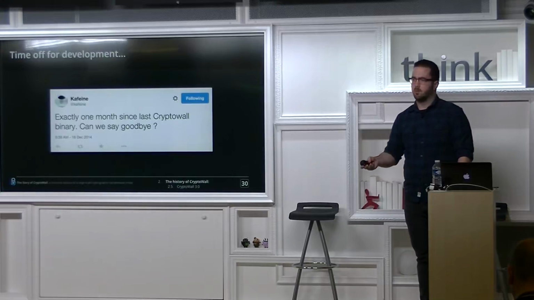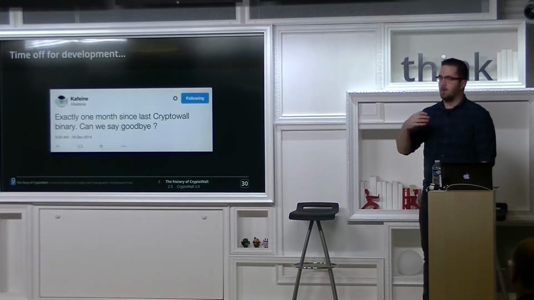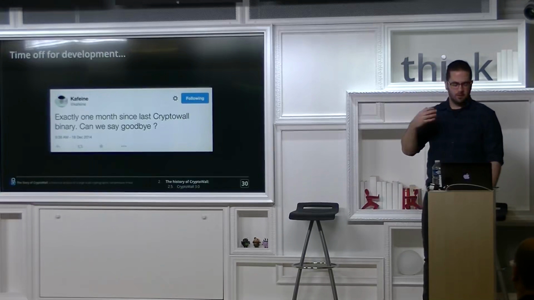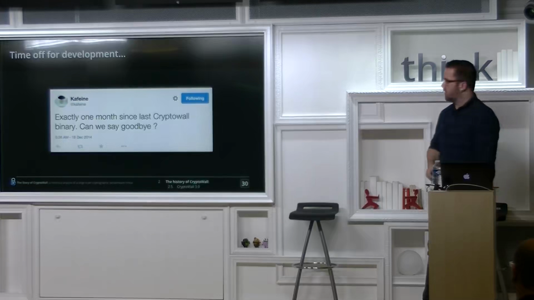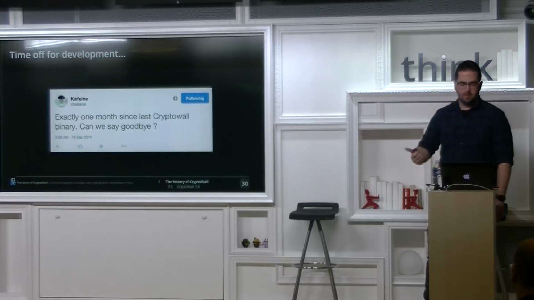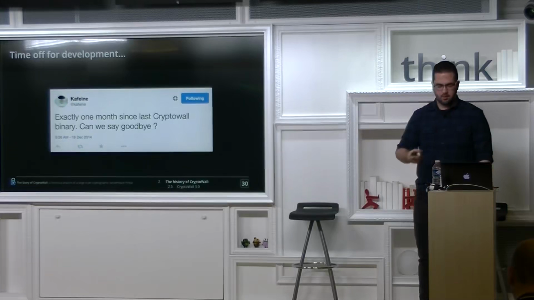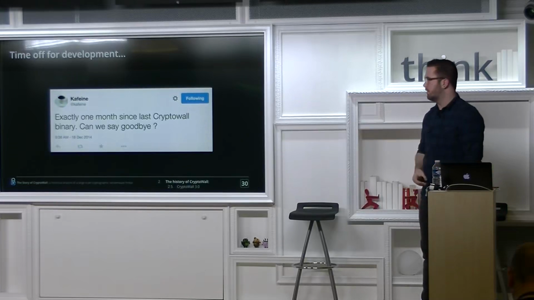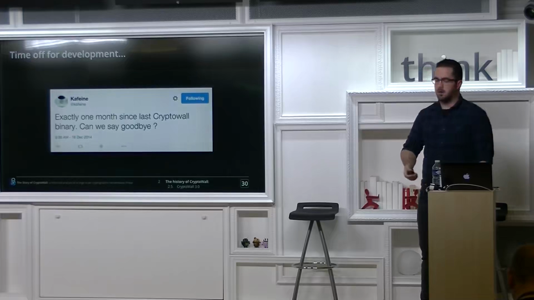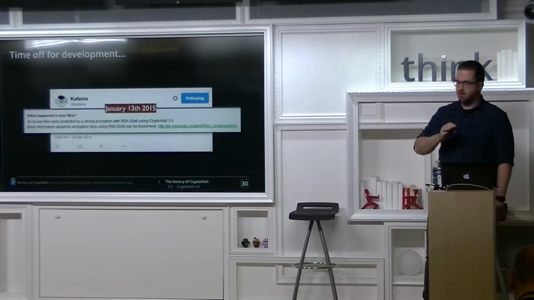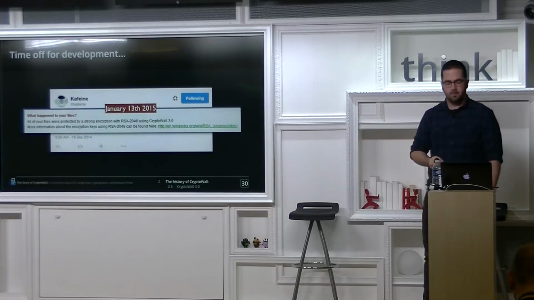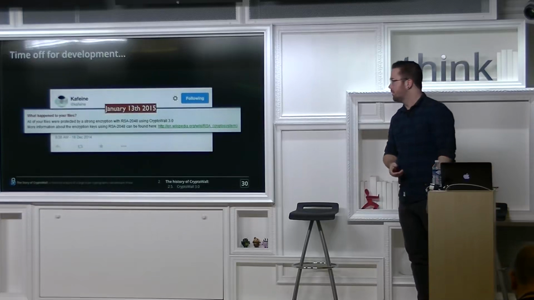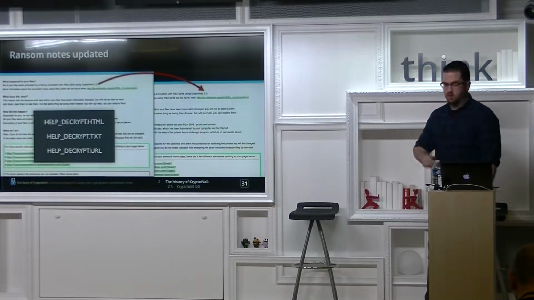18th of November 2014 was the last time they updated binaries on their deployment servers, and the last binaries you would see from exploit kits. So they took some time off, like maybe a vacation or something. November passed, December passed, still no samples, still no new stuff from these guys. January came, New Year, still nothing. But January 13th, they were back. 3.0 in this case. So they just took some time off.